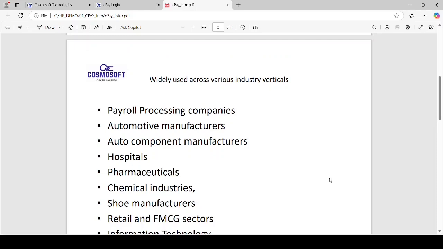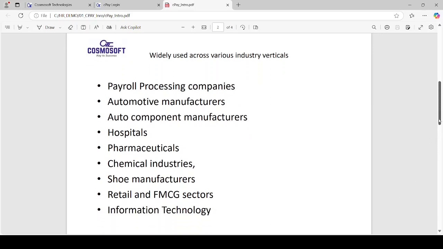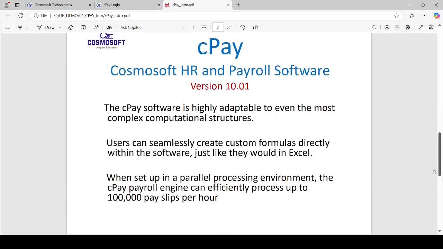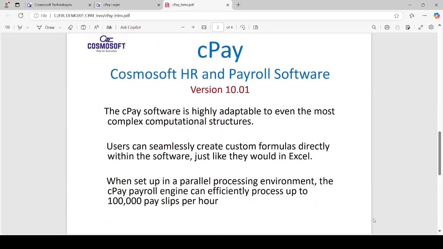cPay software is widely utilized across various industry sectors, including payroll processing companies, automotive and auto component manufacturers, hospitals, pharmaceuticals, chemical industries, shoe manufacturers, retail, FMCG, and more. The cPay software is highly adaptable to even the most complex computational structures. Users can seamlessly create custom formulas directly within the software, just like they would in Excel. When set up in a parallel processing environment, the cPay payroll engine can efficiently process up to 100,000 pay slips